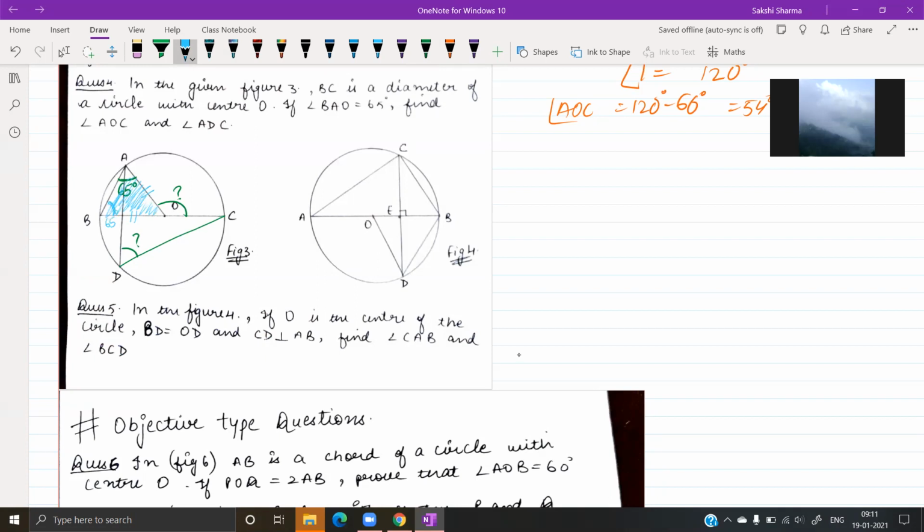From here, you can find out angle AOC using the exterior angle property. You could either use the exterior angle property or do it in two steps: apply the angle sum property, find out AOB, and then find out AOC by applying the linear pair result. Or you can directly find AOC. This is an exterior angle of the triangle, so this will be equal to 130 degrees. And then you can apply the degree measure theorem.